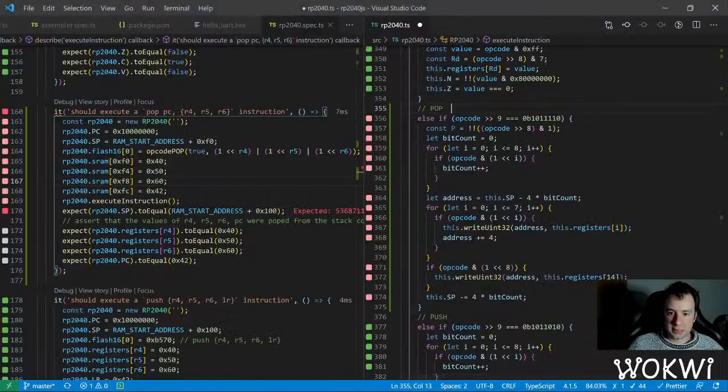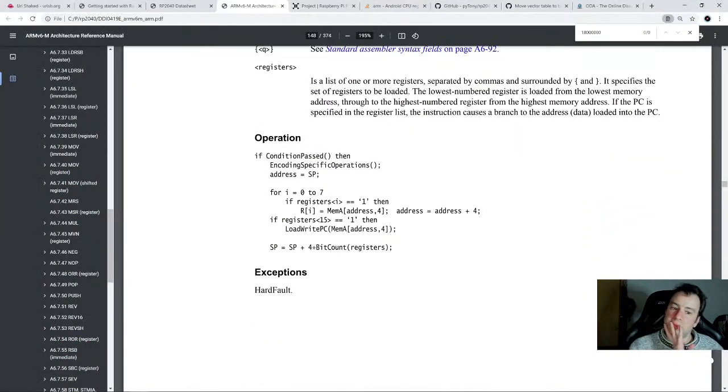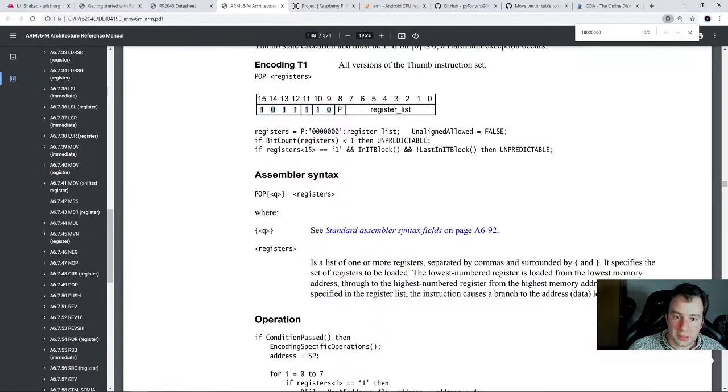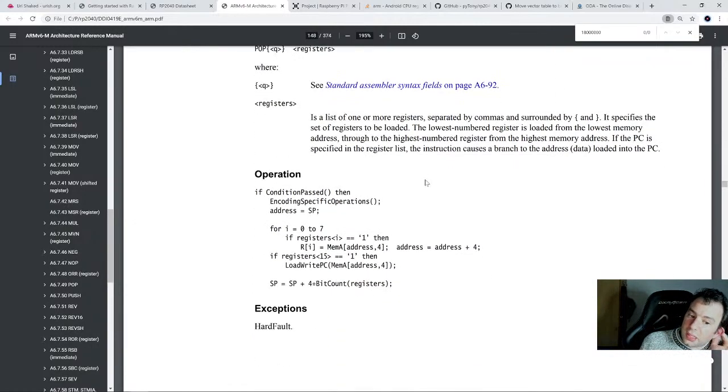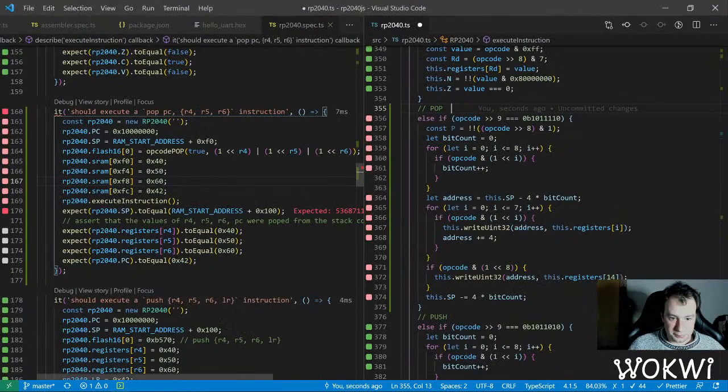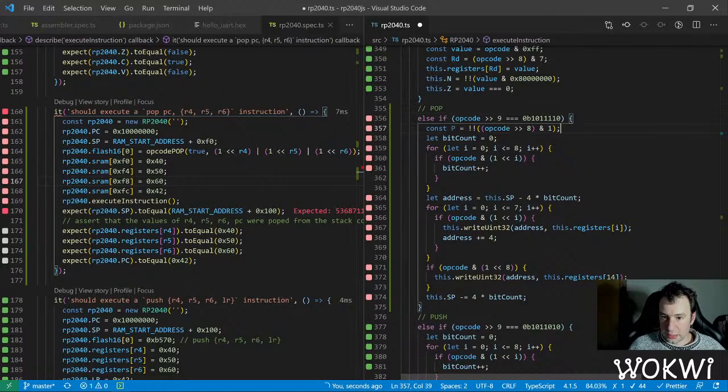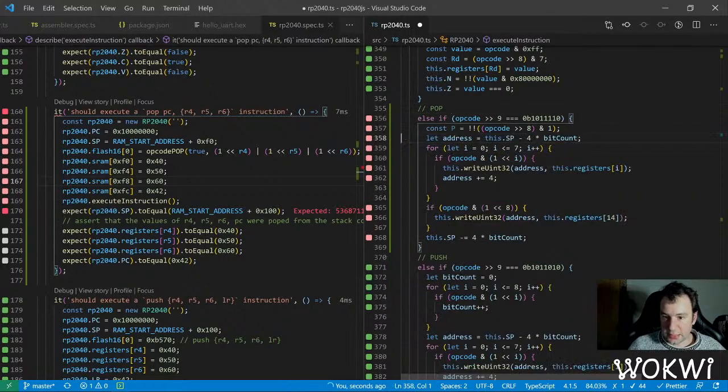And let's look at the algorithm. So what do we have here? Register list, bit count registers is less than 1. Like if there is nothing set here, then it's unpredictable. We don't have to worry about unpredictable. Okay, and then address equals SP, and it seems to be pretty straightforward. We don't need this bit counting, I guess. Address